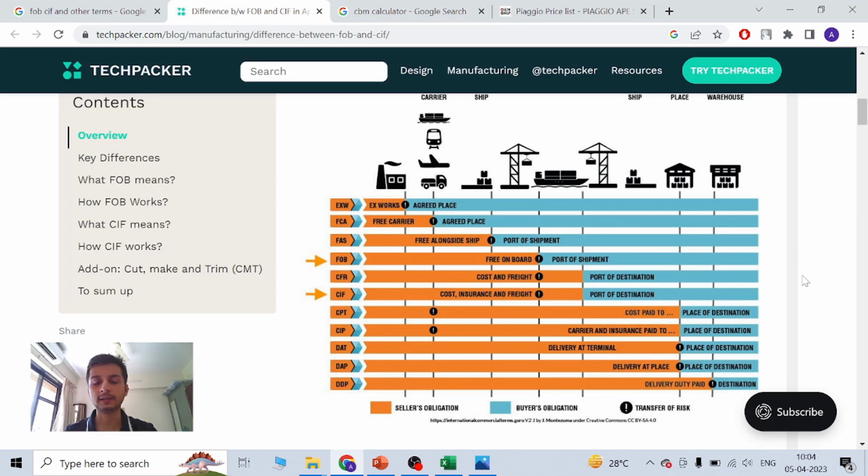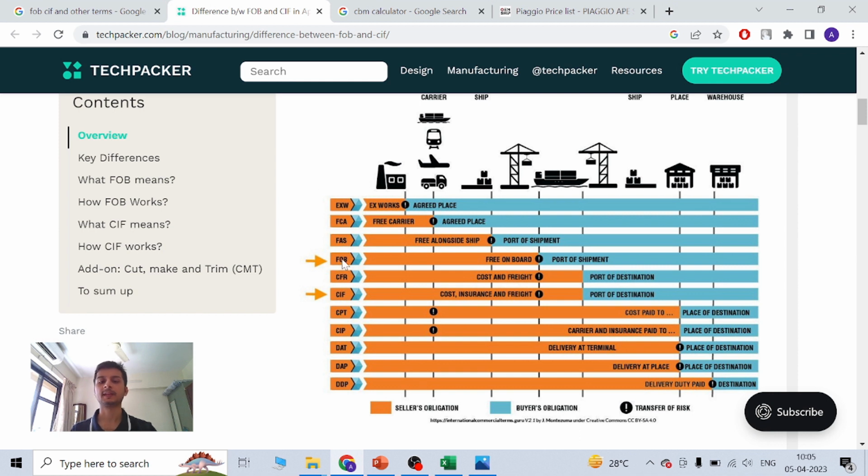This chart will help explain what EX works is. Over here, this is EX works. It means ex-warehouse. I will only charge you an EX works rate. Maybe you have an agent in India who will come and pick up your products from my warehouse. If you trust him a lot, he will clear the customs in India, put it in a container, and it will reach your port. So if you have an agent in India, all you have to do is take an EX works rate from me. I will not charge you for anything, just the products, no other cost. So my site is an EX works rate.